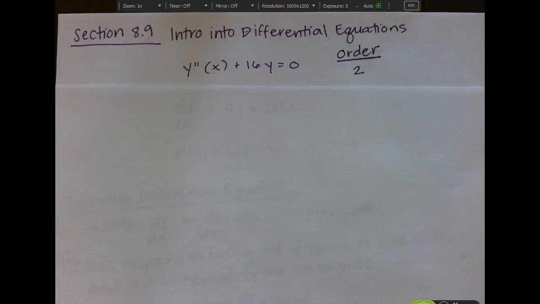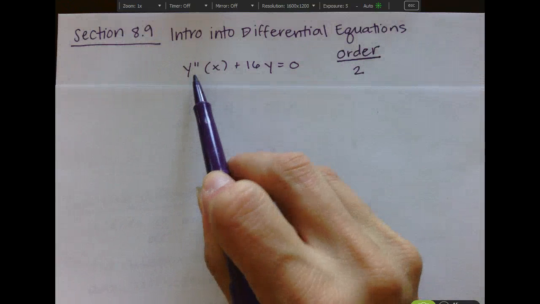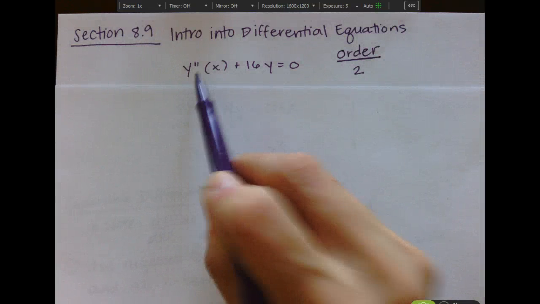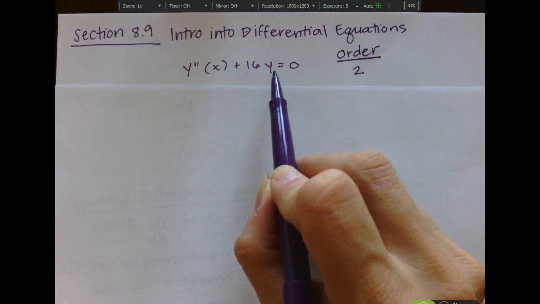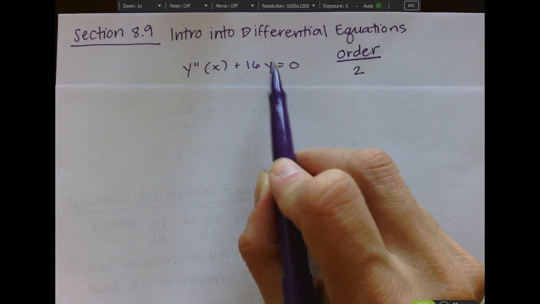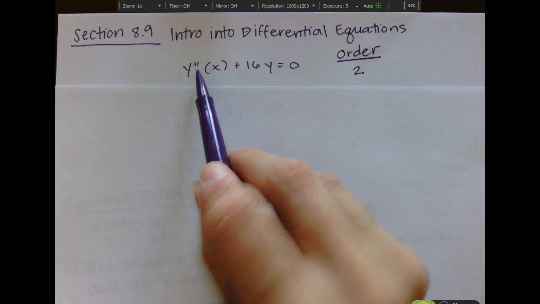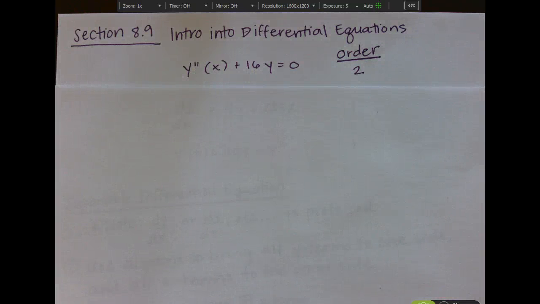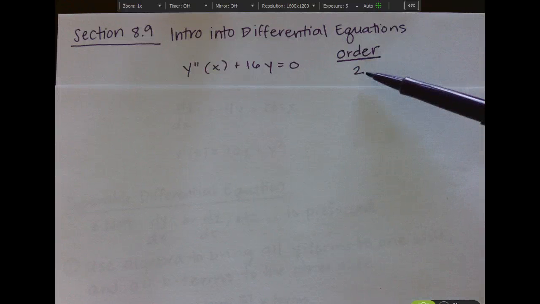Let's start our lecture on section 8.9 by looking at 3 examples of differential equations. The first example that I'm showing you has a second derivative of the function y as well as y itself. So the original function y and its second derivative exist in the same equation, and that's what makes it a differential equation. The order of this differential equation is 2 because the highest derivative I have in the problem